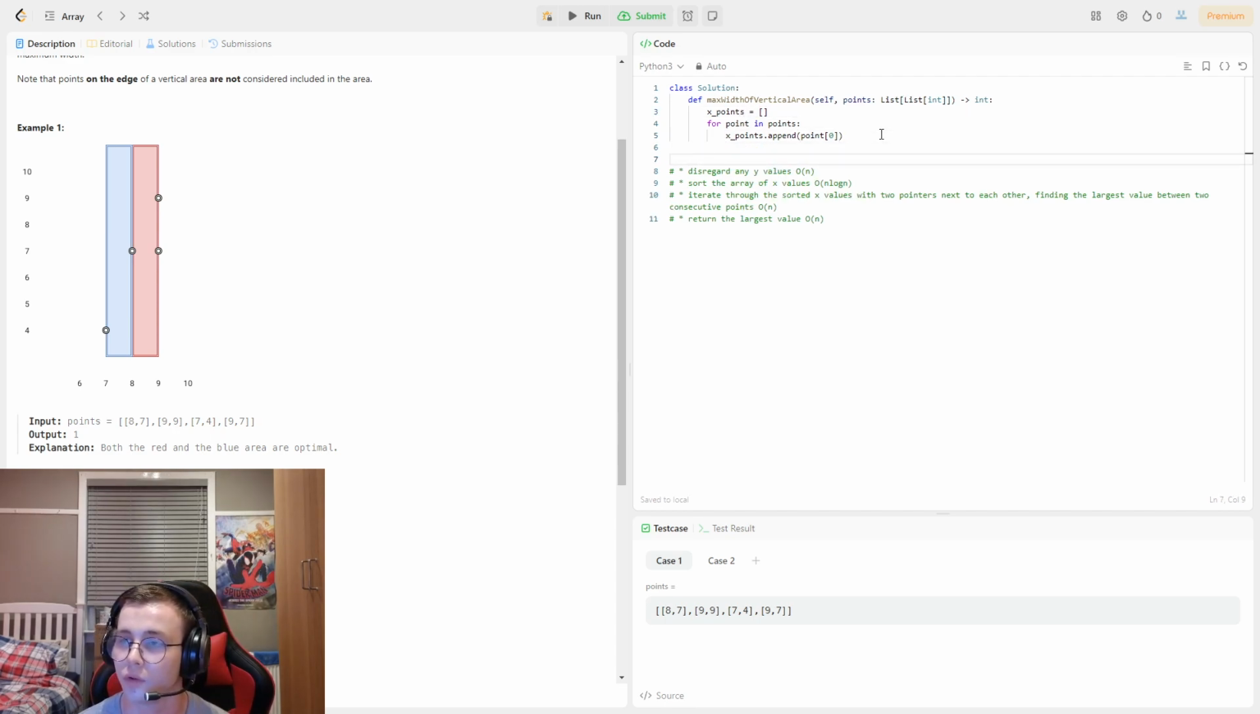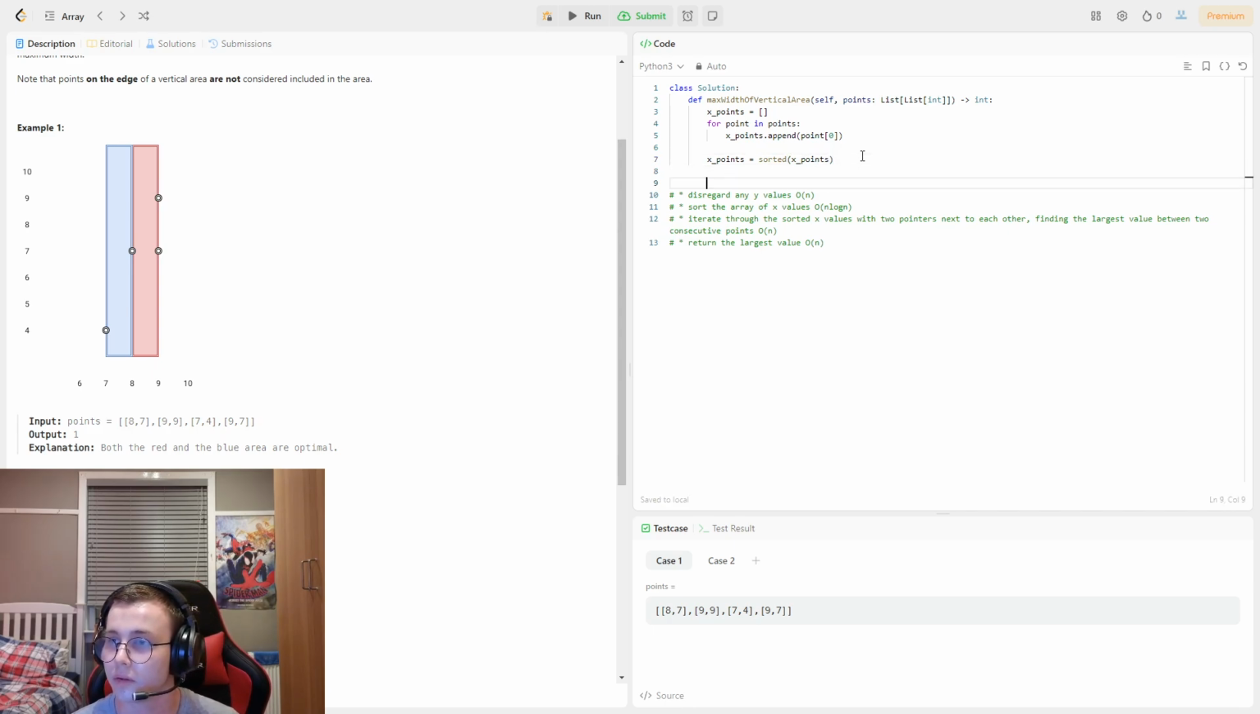Okay, so we've got our list of x points we're going to sort, so we're going to do x_points equals sorted x_points. Okay, so that's those first two done, and then we're going to do